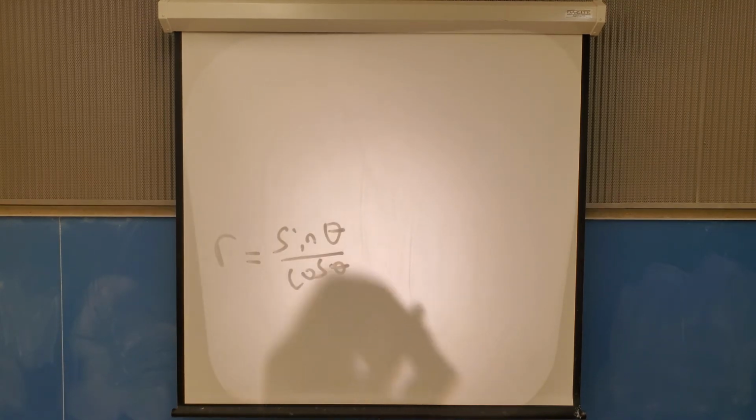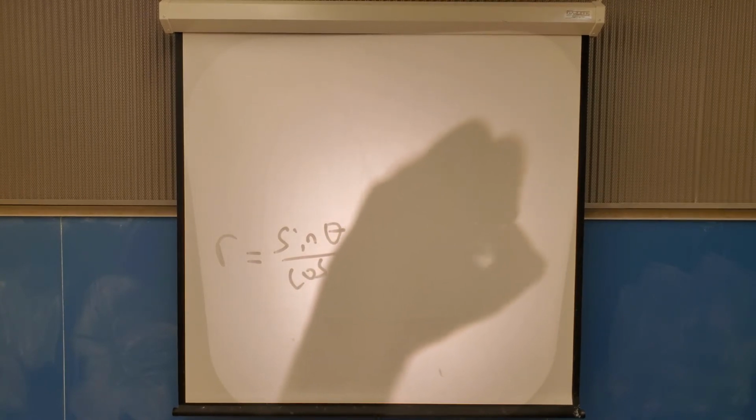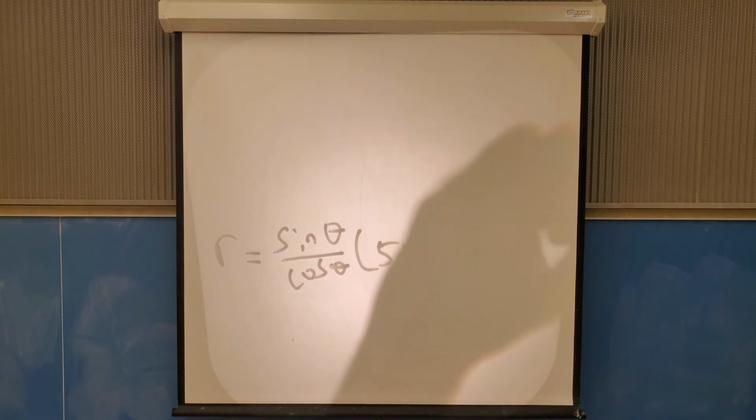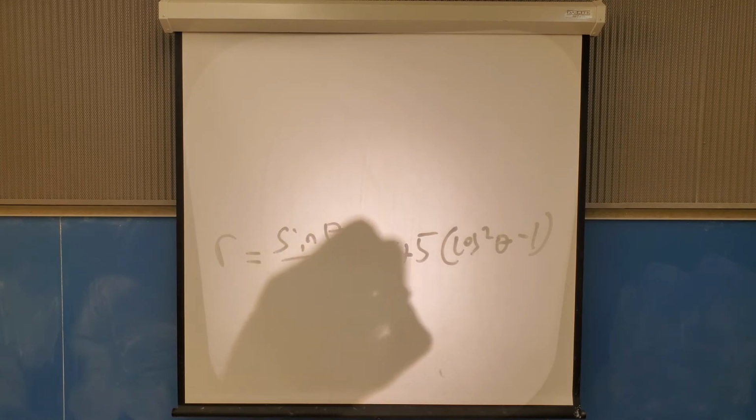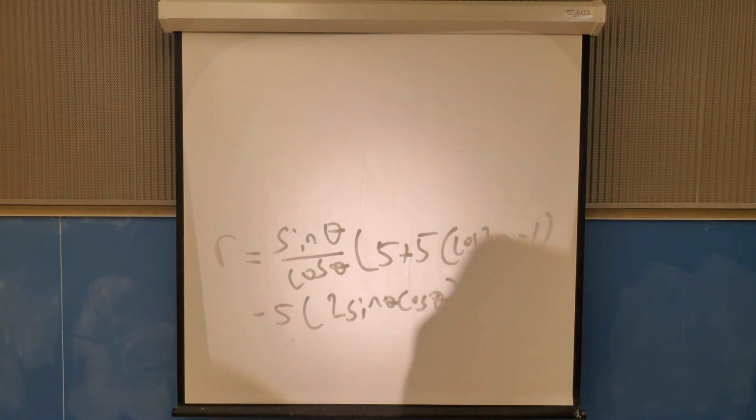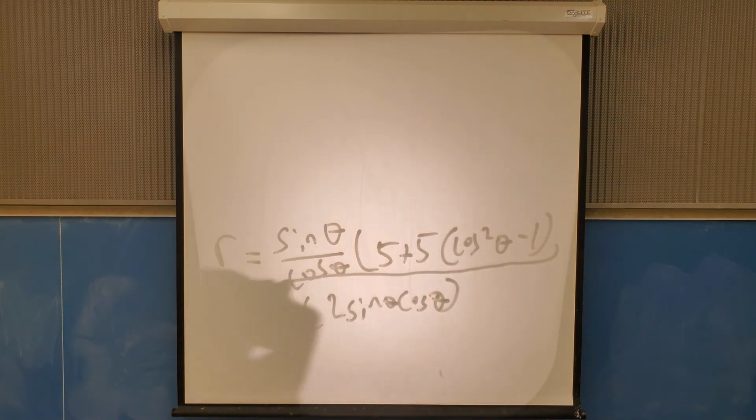R equals sine theta over cosine theta times the quantity of 5 plus 5 cosine squared theta minus 1, and that's going to be minus 5 times the quantity of 2 sine theta cosine theta. Of course, this snakes around back here. All right, excellent. And now we're going to go ahead and do PEMDAS to simplify what's in the parentheses first,